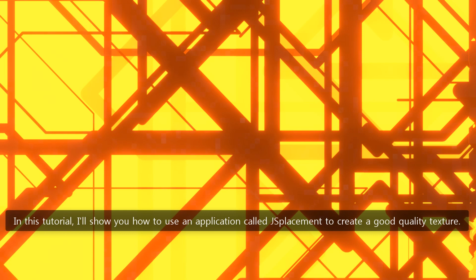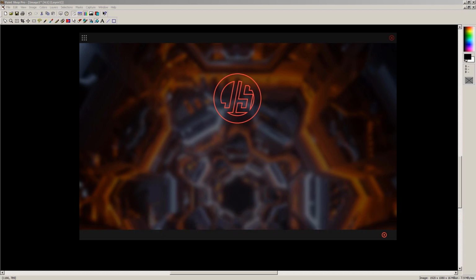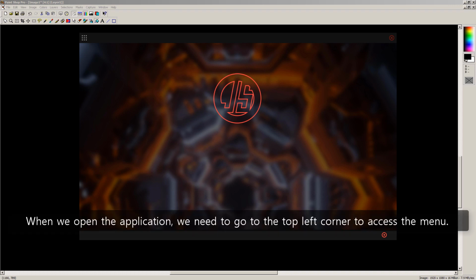In this tutorial, I'll show you how to use an application called JSplacement to create a good quality texture. JSplacement is a cross-platform pseudo-random 8K displacement map generator. I'll be using the wire feature to generate a texture, but in the future I'll demonstrate how to use other features as well. When we open the application, we need to go to the top left corner to access the